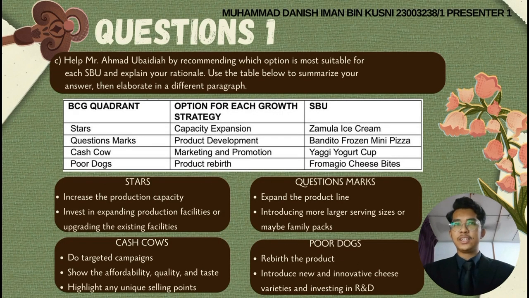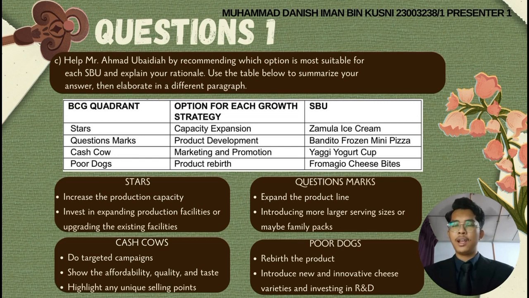Lastly, for question 3c, help Mr. Ahmad Ubaidiah by recommending which option is the most suitable for each SBU and explain your rationale. For the BCG quadrant stars, the SBU is Zamula Ice Cream, and the option for the growth strategy is to increase the production capacity, which is to invest in expanding production facilities or upgrading the existing facilities to meet the